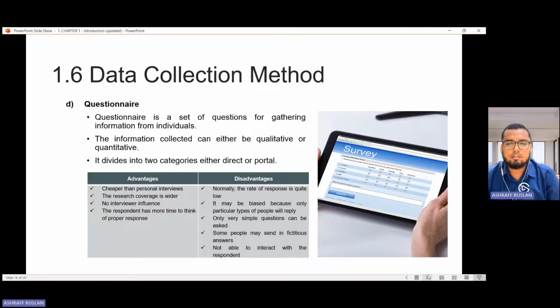Sebab ada juga survey yang menggunakan kertas yang diberikan kepada mereka yang lalu lalang di shopping mall dan sebagainya. So that one is not electronic lah. So kalau you intend to answer question like what are the fastest or best method to do data collection, you should include your answer like e-questionnaire ataupun electronic questionnaire. Okay.